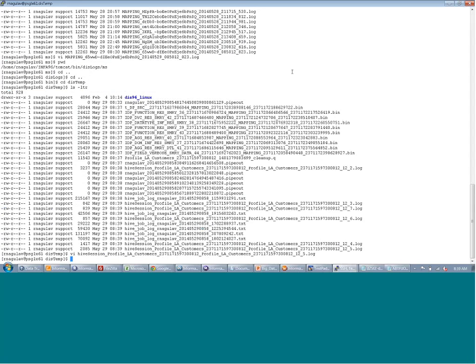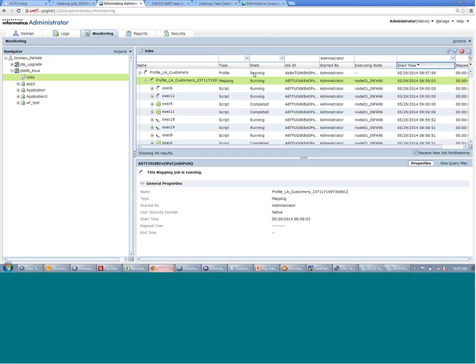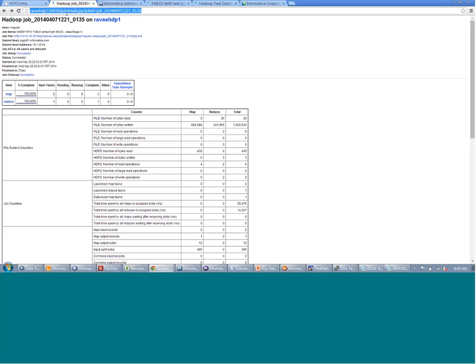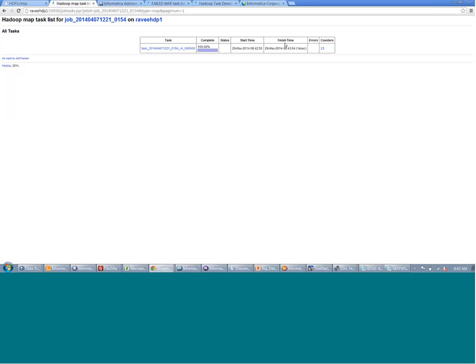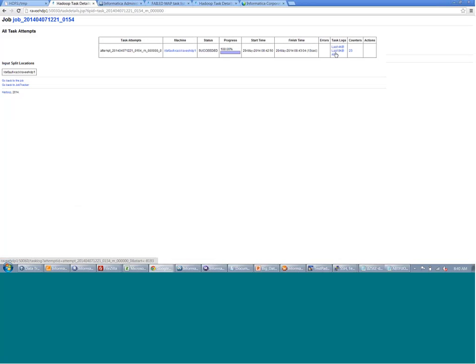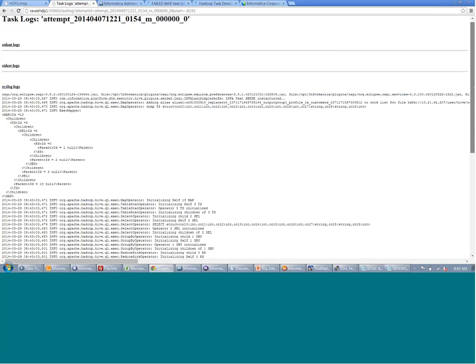either from the monitoring tab or from the DAS logs directory, and the DAS temp directory where the Hive session log will be. The Hive session will be there in the mapping log as well, as well as the status and log of the job from the Hadoop job tracker URL. In this case, if I go to the Hadoop job tracker URL, I can see that there is one map and one reduce, and if we look at that,